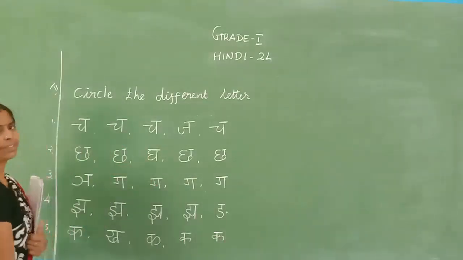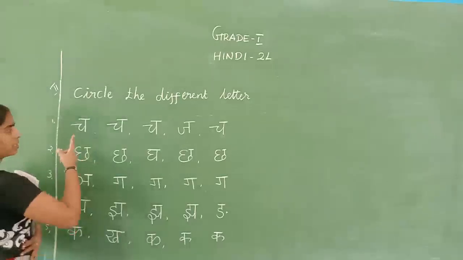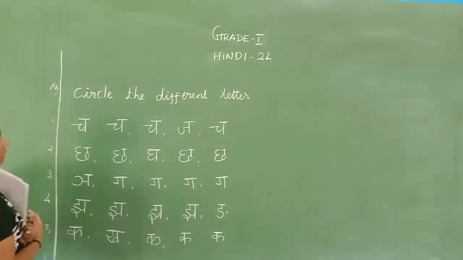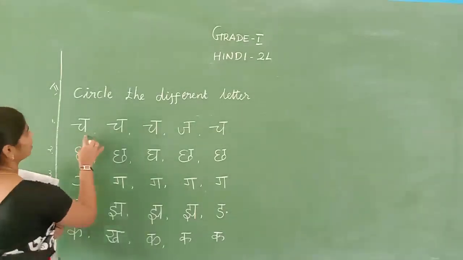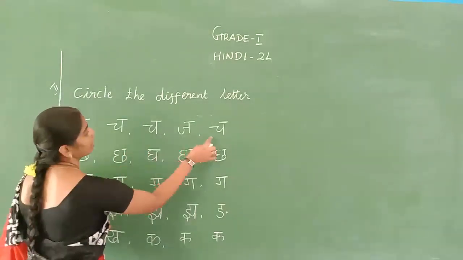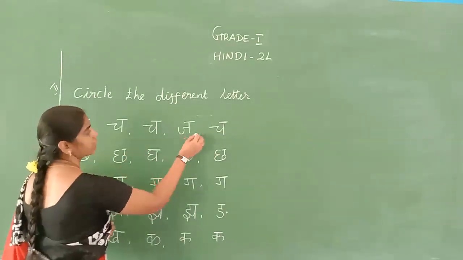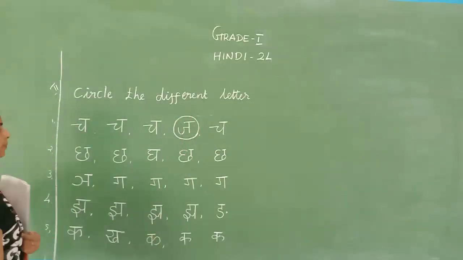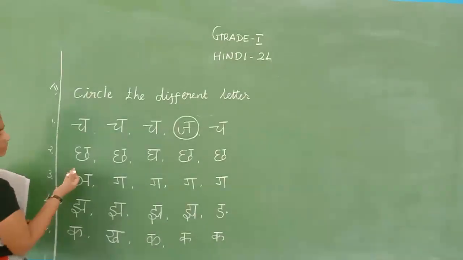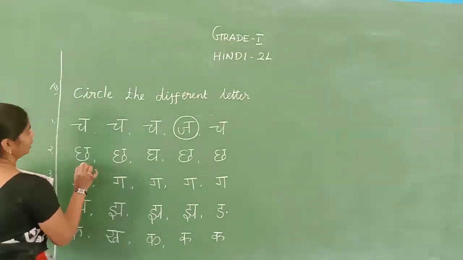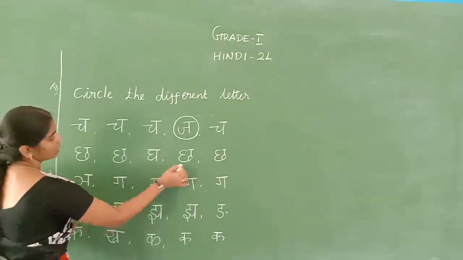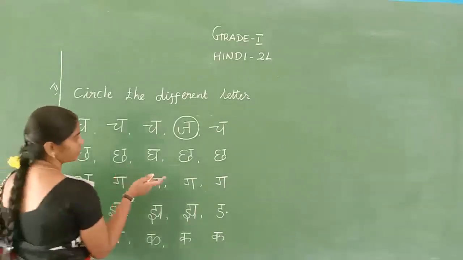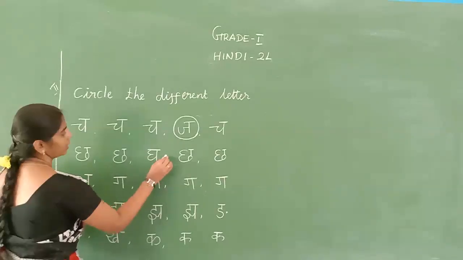Right. Shall we do it? Listen carefully, children. Already you have to find it. I know. Okay, which is that answer? Yes, see. This is the different letter. Shall we read? Right. That's all. And the second one, see carefully. Cha, cha, dha, cha, cha. Which is the correct different letter of this line? Yes, this is the different letter.